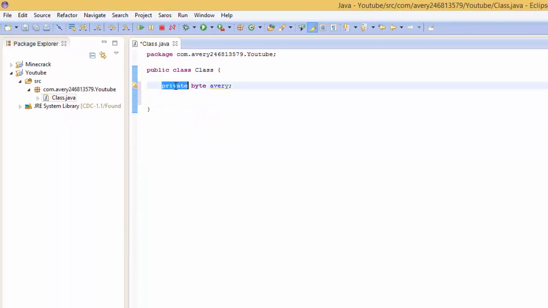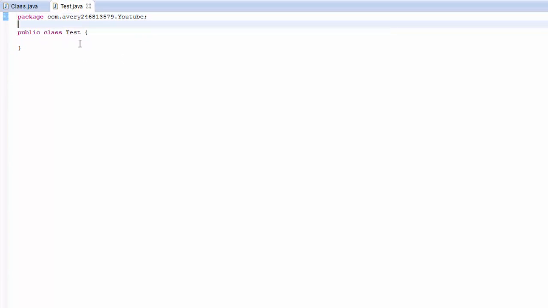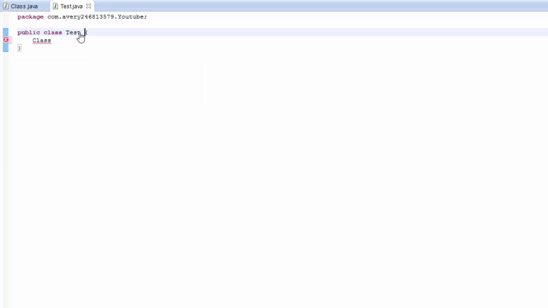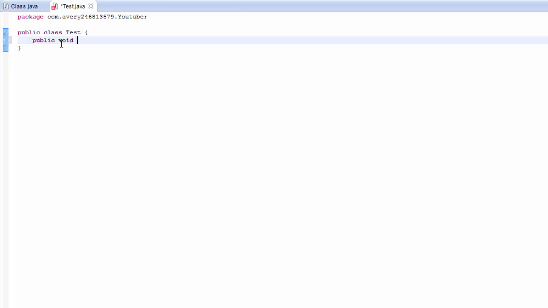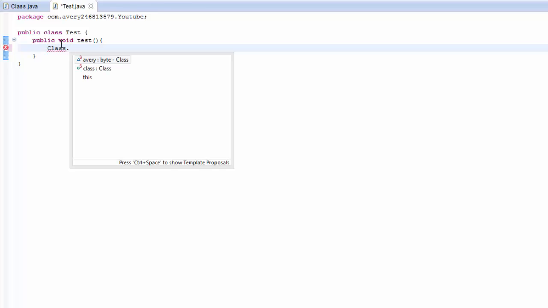And then we have static, which means that if I had another class, okay, let's make a new class, let's call it test. If I had a new class, and I wanted to get the byte variable and I added static, I could just do class dot, import class first. Okay, I need to make it inside a method. Let me just make a quick method. I'll explain methods later. Public void test. I don't want that constructor. So if we're going to do class dot Avery, and we get the byte, and we're able to use that